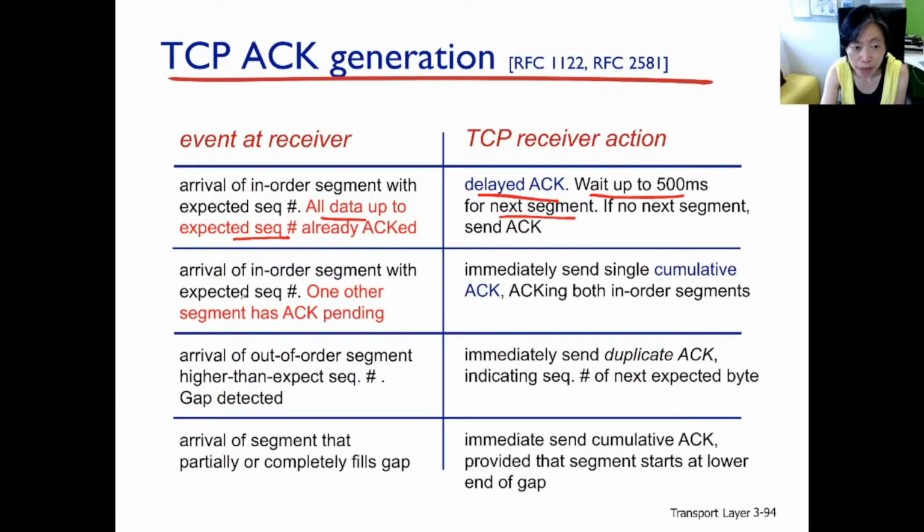So you see here, this is the other condition. When there is a packet coming in and there is already one data packet whose ACK is pending, which means it's waiting for the 500 milliseconds, then we immediately send one ACK, and this ACK carries the sequence number of the later segment. And because the ACK is cumulative, when that ACK comes back to the sender, it's going to clear both this packet and this packet.